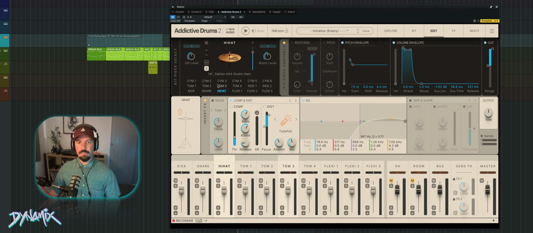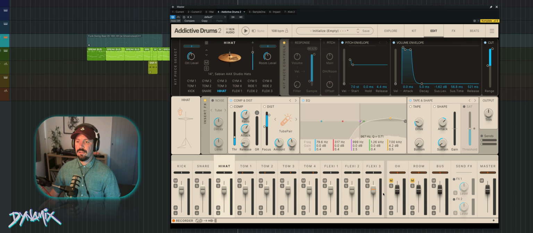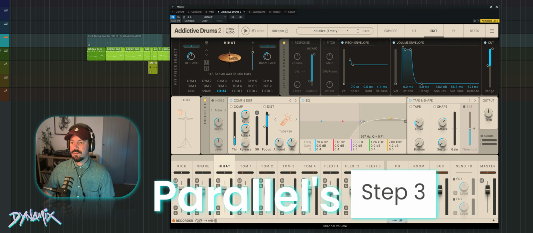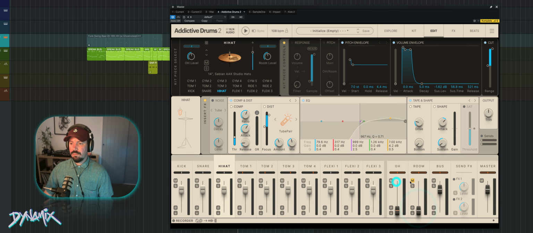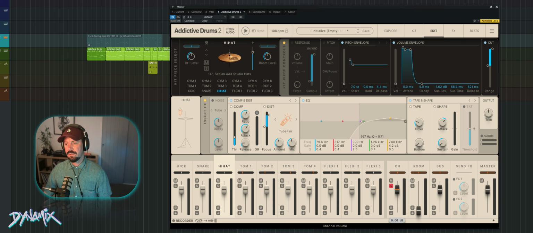Okay, and then I'm going to bring in the other elements. Okay, great. Now, the next thing to do is start bringing in these different mics, so the overheads and the room mic. Now, the first thing I want you to bring your attention to, if we just take the overheads, for example,